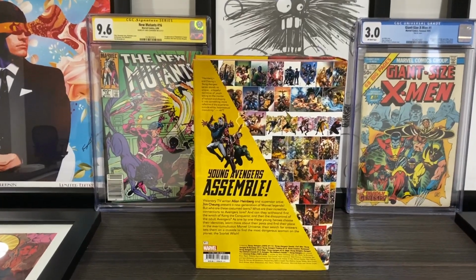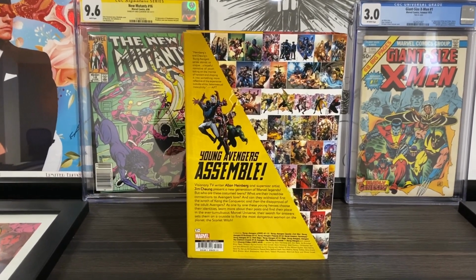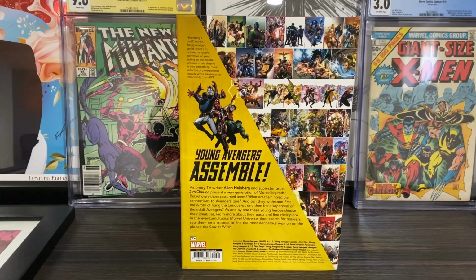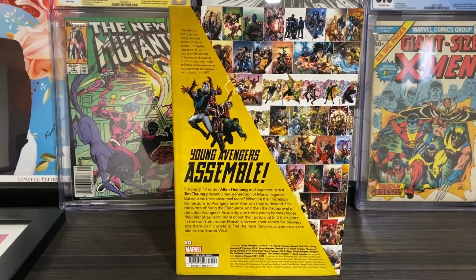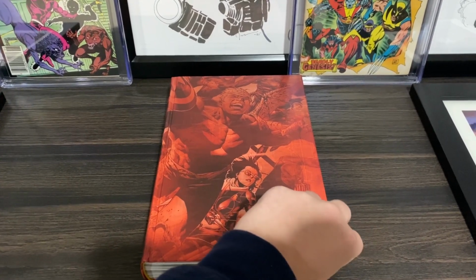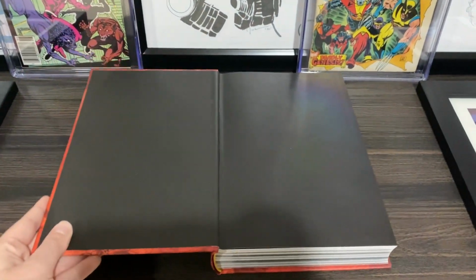I love what they did with the back of the book here. It's kind of a mix of the older list all the covers in here and a new way of not doing that. They kind of mashed those two things up, and I think it looks great. So let's jump into the Young Avengers by Heinberg and Cheung, but first of all, let's talk about what this